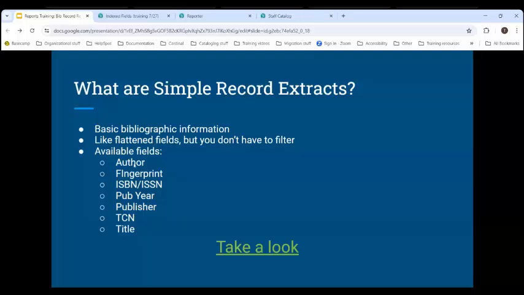They're only available for a few specific fields, so author is one of them. So Deborah, this is what you would use if you're looking for a specific author. Fingerprint, and we talked about this earlier, that's where you have the single column that has both title and author, as well as part if that's included. You can get to this directly from the bibliographic record table, so you don't necessarily have to come down here to the simple record extract to get it, but it is available here as well. ISBN or ISSN, publication year, publisher, your TCN, which is available lots of other places, and then, of course, your title. And this is where I recommend you go for this data, because you're going to get